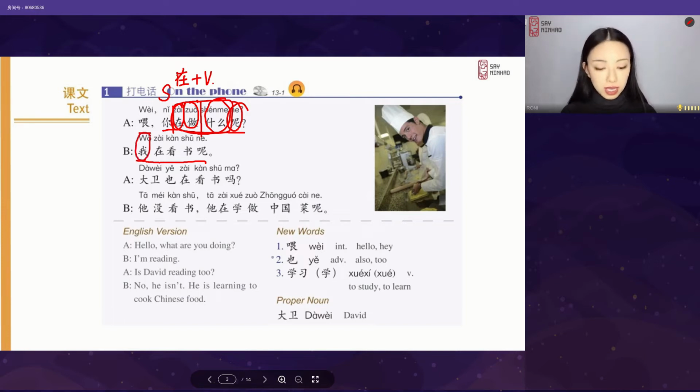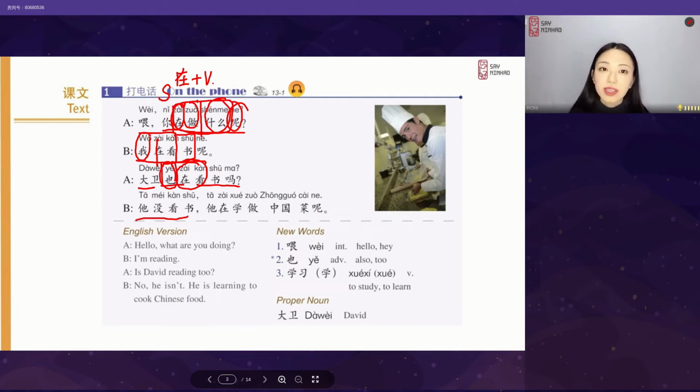我, the subject, me. 在看, I am reading, right? I am reading books. 在 plus the verb 看 expressing I am reading. Okay, this reading book, this action is in progress. It's happening right now. And I asked again, 大卫也在看书吗? Is David reading too? Okay, 大卫也在看书吗？Again this structure 在 plus a verb, 在看书, reading, and he answered